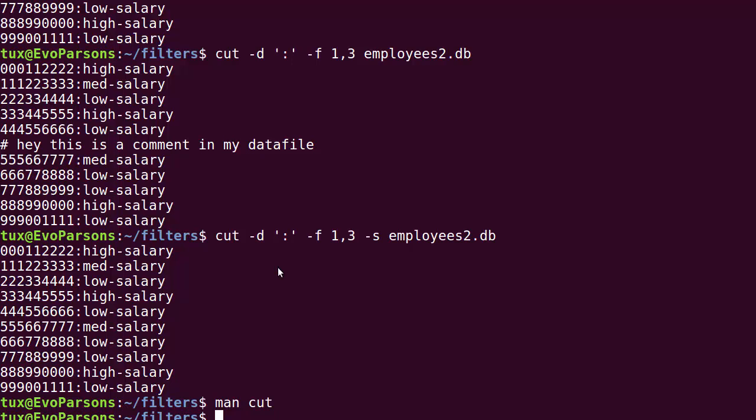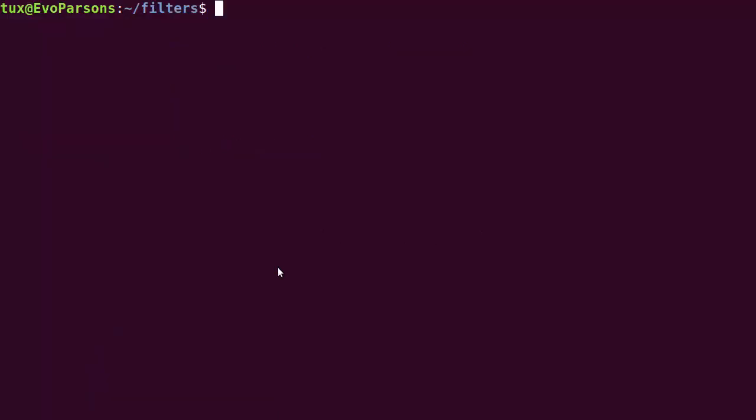So I told you that we're going to do cut and paste. So here is information about the paste filter. The paste filter, as you might guess, is generally used in conjunction with cut. You're going to see that they have a good synergy together. The paste filter does the opposite of cut. So to best illustrate what paste does, I should start by doing a cut of my